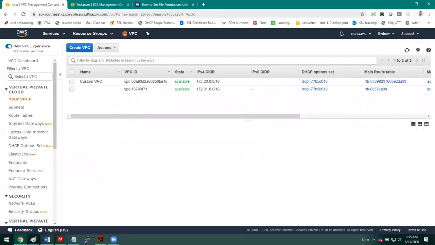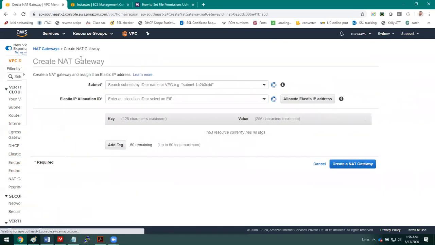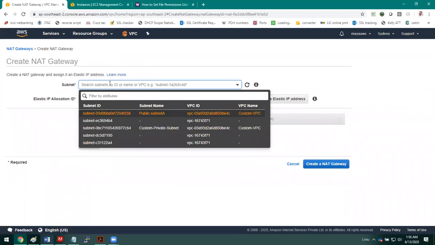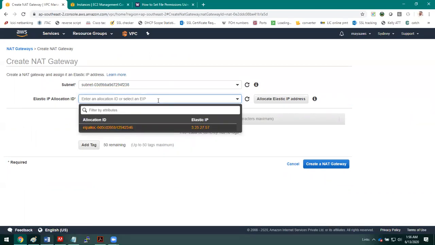Let us go to the AWS VPC console, and on this console, let us go to NAT gateway. I'm going to create a NAT gateway. As I said earlier, we need to create the NAT gateway in the public subnet. We already have a public subnet defined in our last session. Then we need to have one elastic IP associated with it.